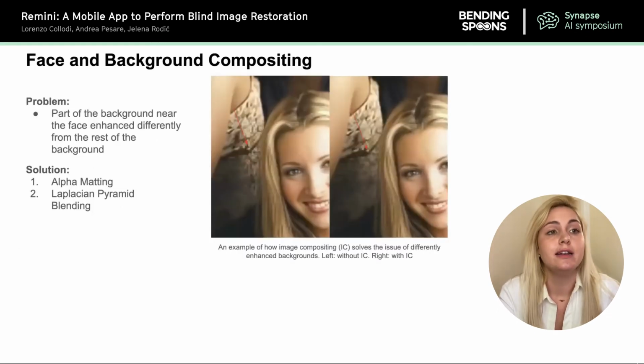So now we have enhanced faces, we have enhanced background ready, and what we want to do is to put the image back together. And the problem here arises in the fact that the face enhancer and the background enhancer don't always enhance the same part of the image in the same way. And if we want to just plainly stitch them back together, the merging points would be very visible, and the